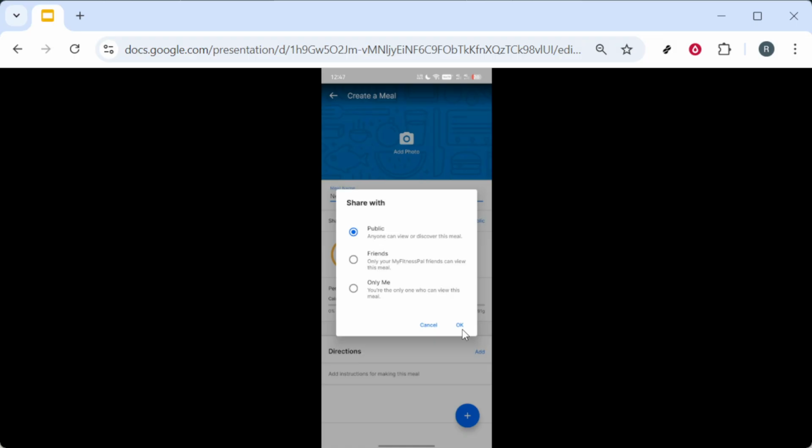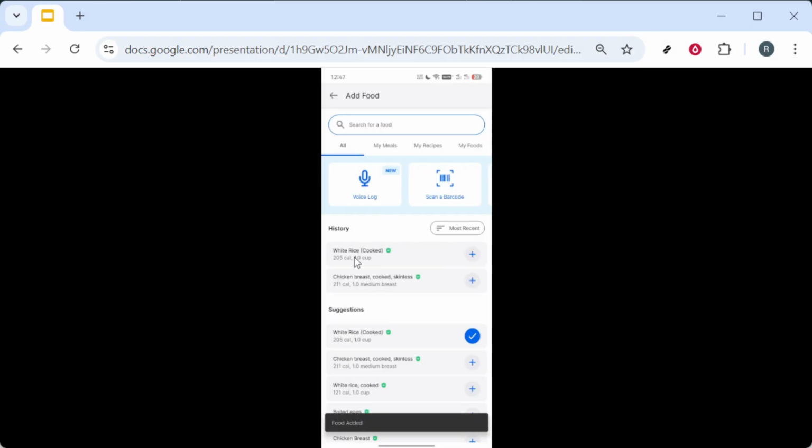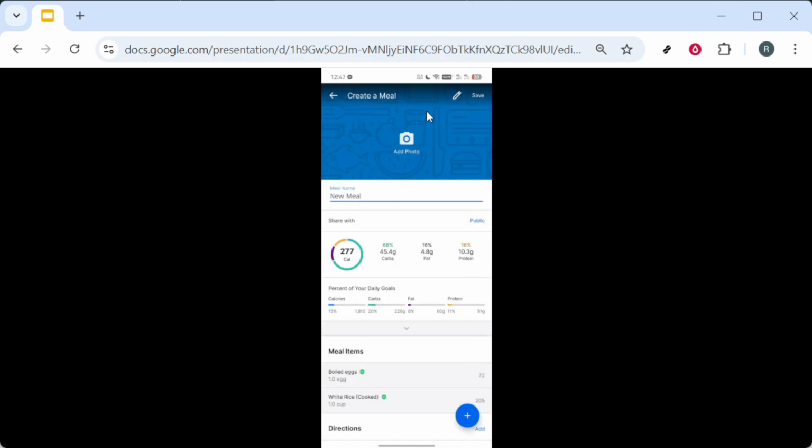Now, you're ready to start adding food items to your meal creation. Find the plus sign located below on your screen and tap it. This will prompt you to begin selecting food items. As you find and decide on a particular food to add, tap the plus icon next to it to include it in your meal. Finally, before you wrap things up, remember to save your meal by clicking on the Save option. This step locks in all your efforts and ensures your meal is ready to be shared with friends, and